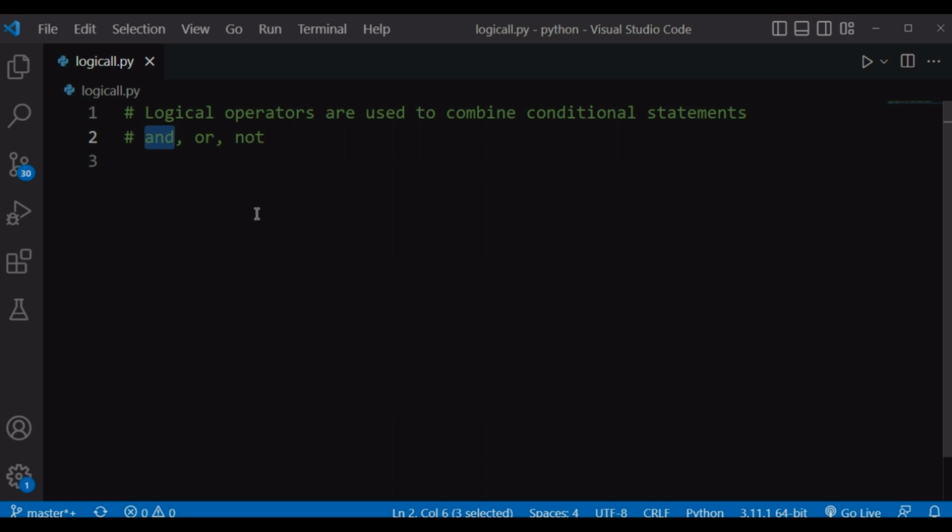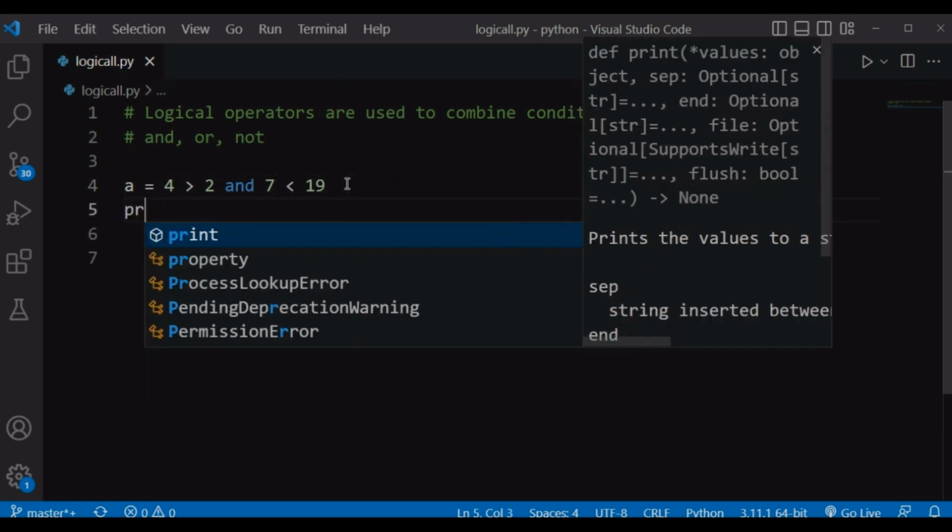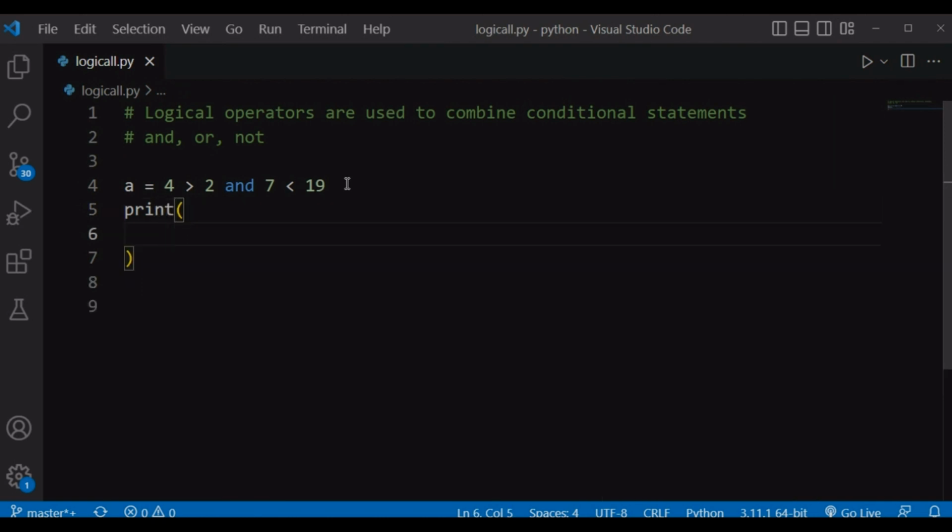The AND operator returns true if the conditional statements on both sides evaluate to true. Let's say, for example, we had a conditional statement that says 4 is greater than 2 and another condition that says 7 is less than 19. And if you store this in a variable a, and if I try to print this a variable onto our screen and run our file,